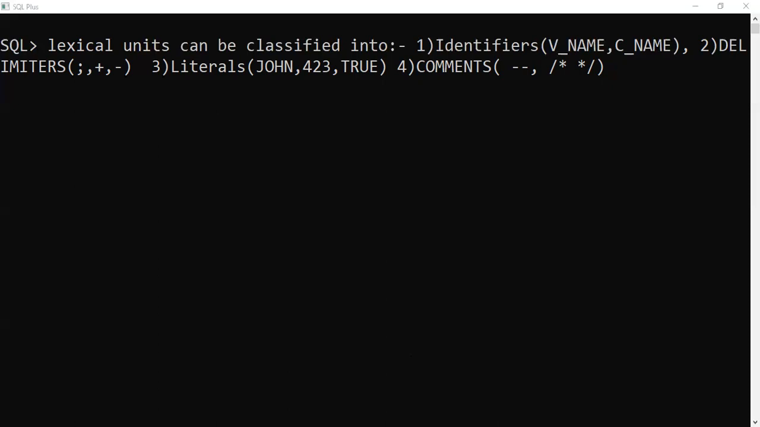So we have around 4 classifications: the identifiers, the delimiters, the literals, and the comments. So just to know how to use this. Now, when it comes to identifiers, of course, you know that these are mainly to capture the data types,